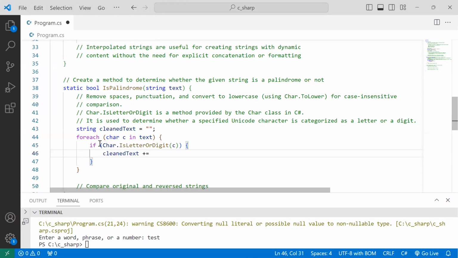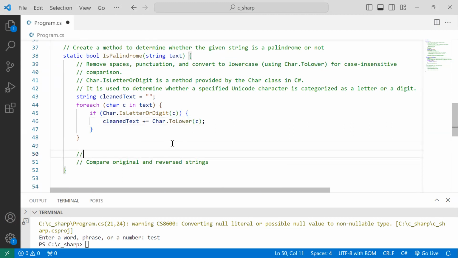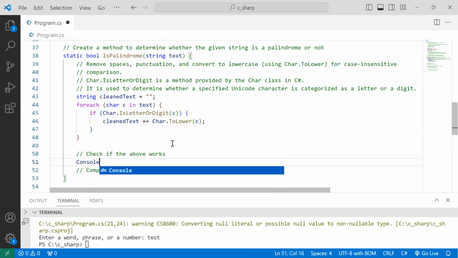And it's important to have that plus sign, otherwise it will just overwrite whatever's there, and it won't really be a string. And then when we add it, we also want to convert the letter to lowercase. Now, if it's already lowercase, nothing's going to change. But if it's an uppercase, it will be converted to lowercase. Now, what we want to do is check if the above works. So we're going to use a WriteLine method